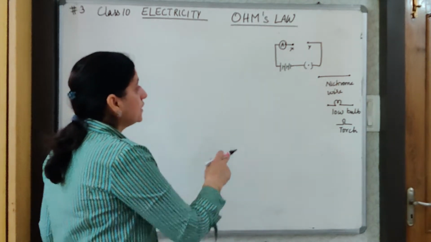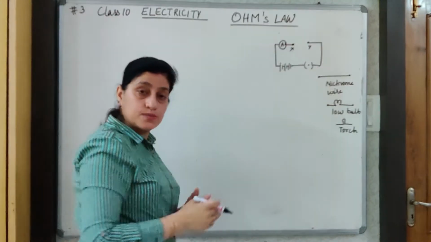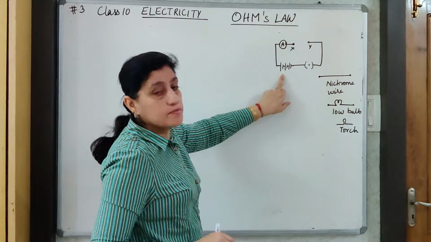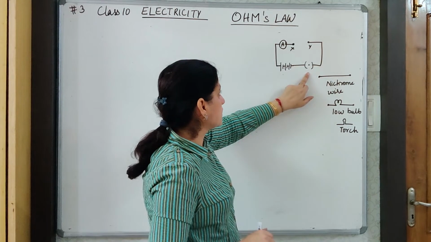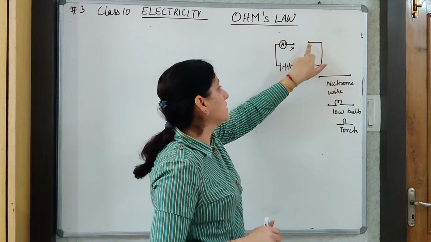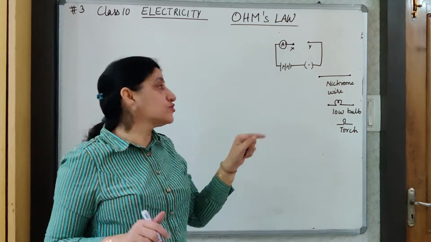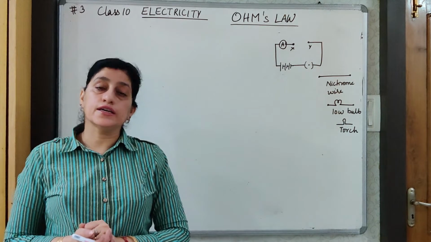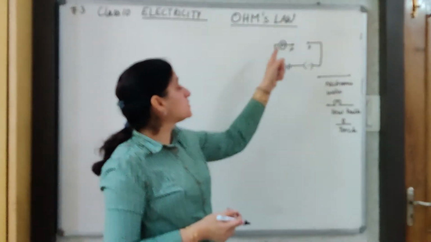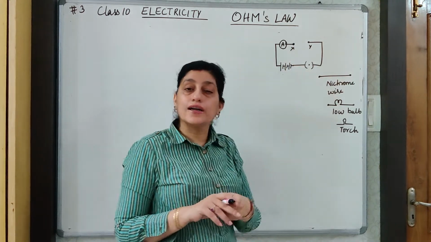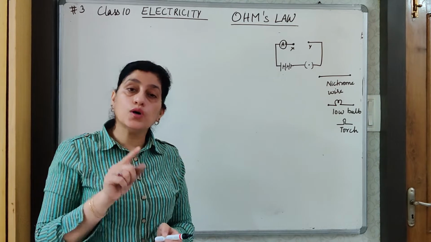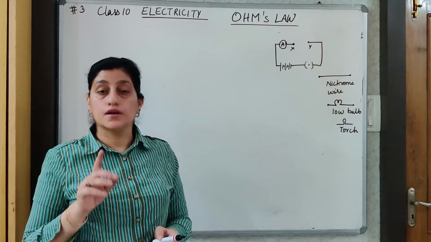So here also I have taken a simple circuit in which an ammeter is connected. We have a battery, we have a switch, and we have two open ends. So at the moment, if you see, my circuit is not complete even though the key is plugged in. This has been left loose to attach different components one by one and note the reading of the ammeter.